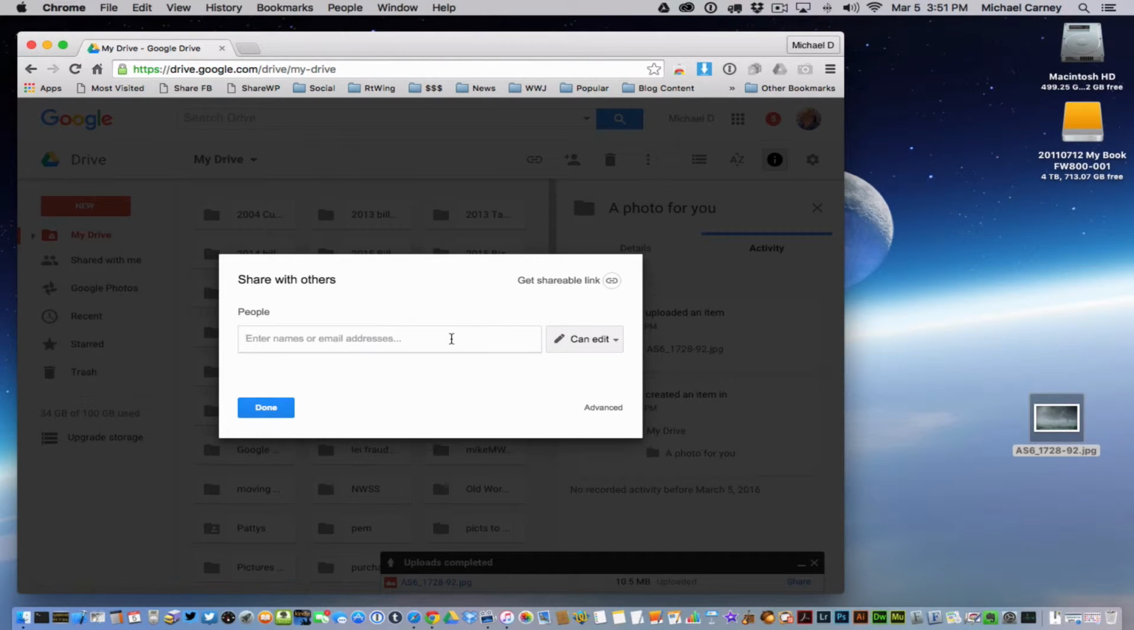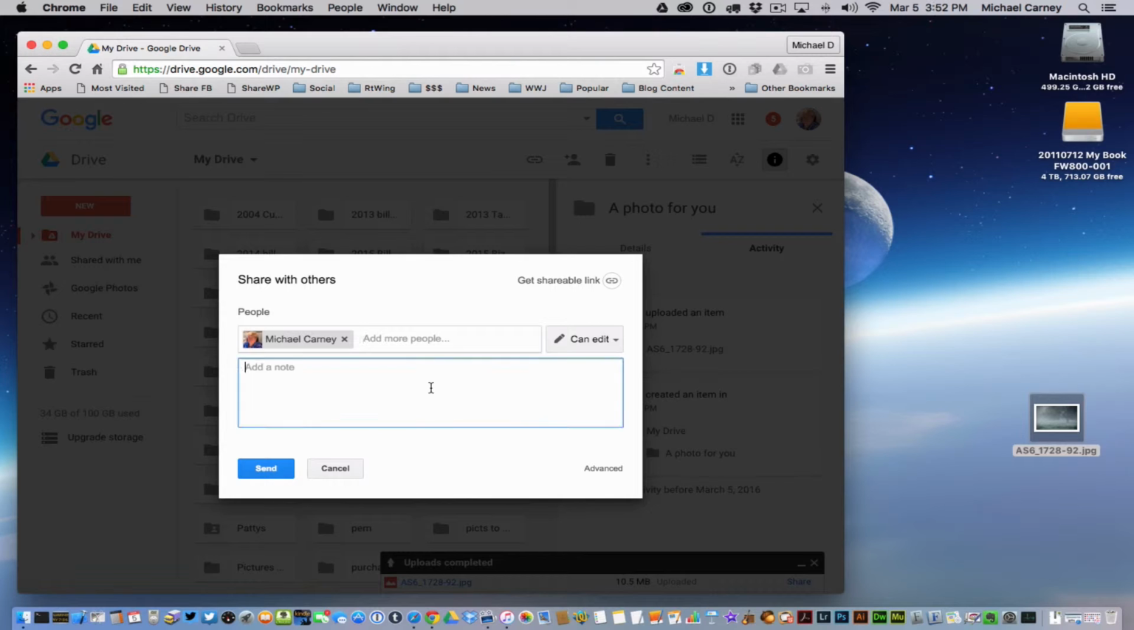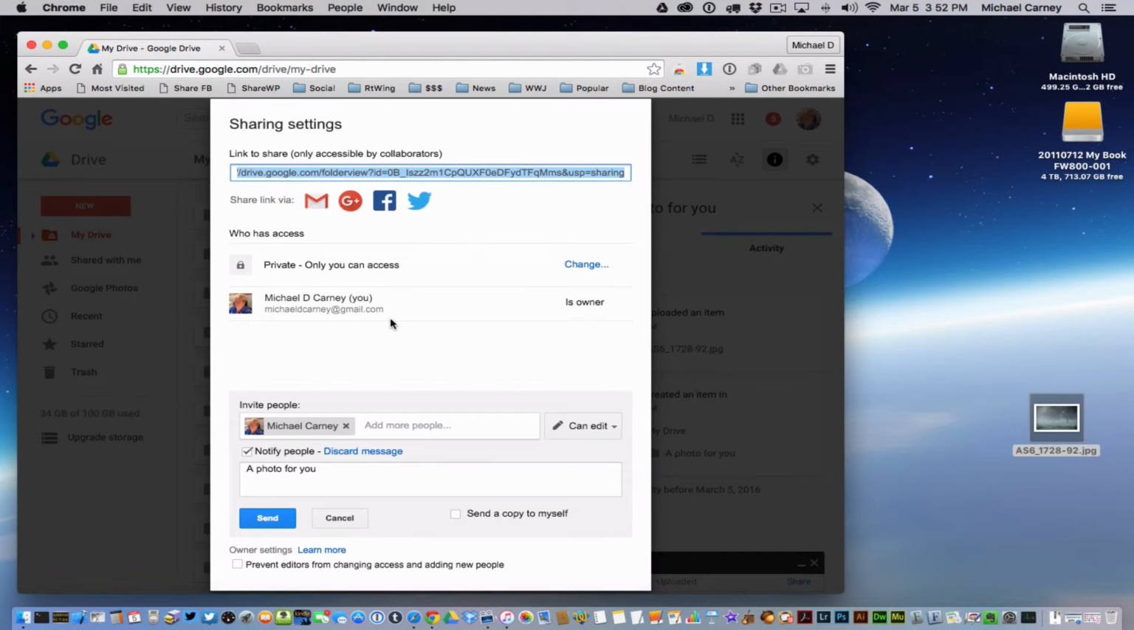So I'm going to enter my email as an example here, just my own email address. And you can also put a note so when they get the email, they know what you're talking about. And then you say send. There is an advanced feature here that allows you to be a little more specific, and